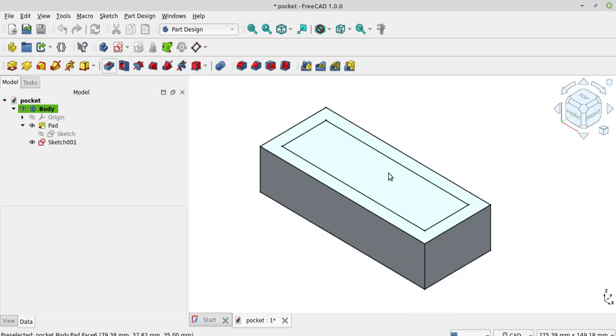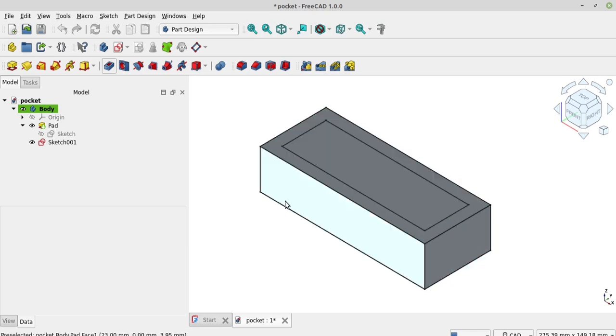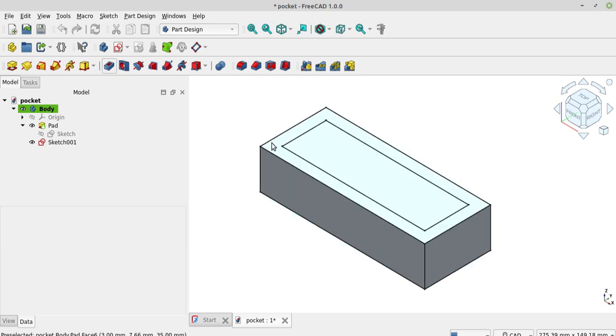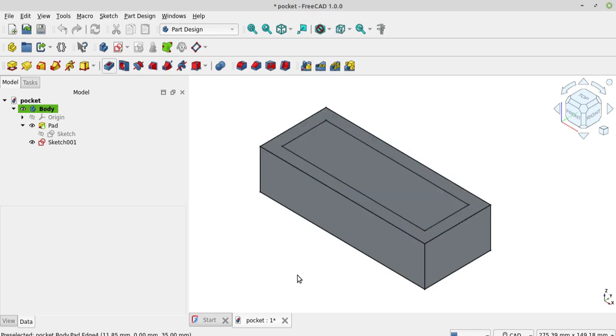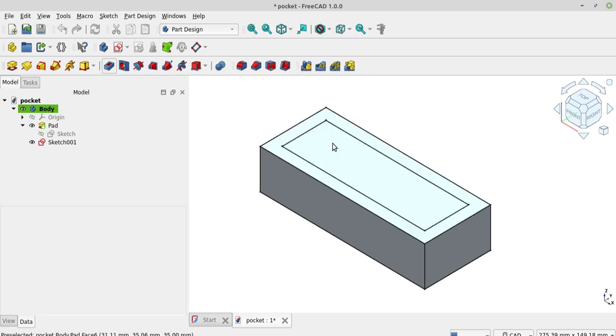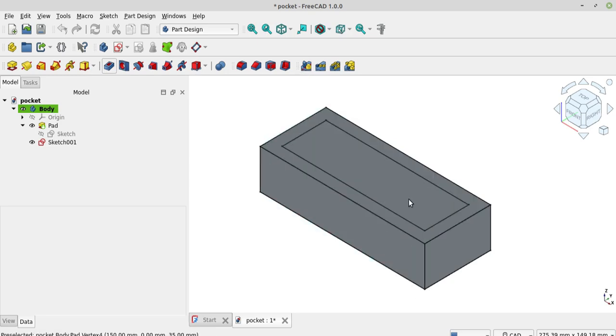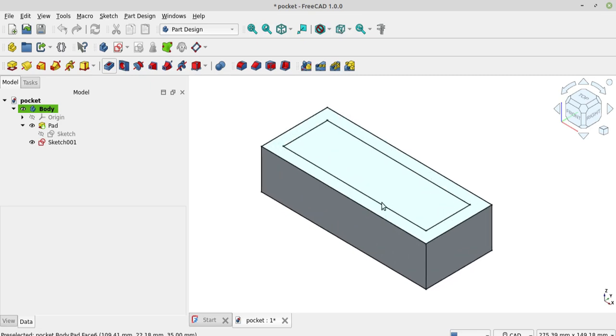And we cannot input a length or depth in this type. I will demonstrate it.